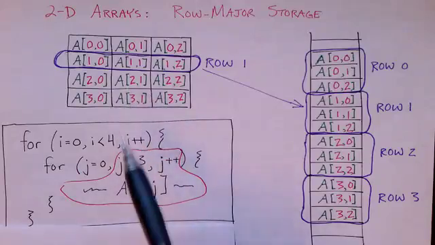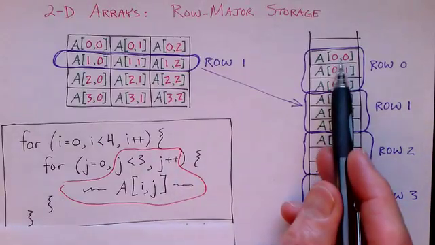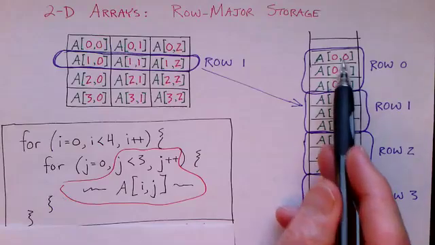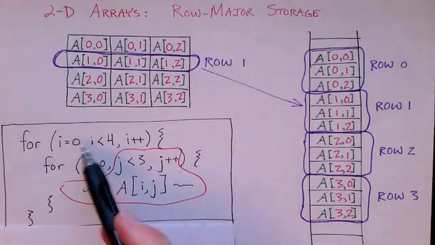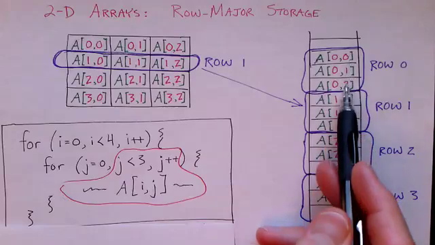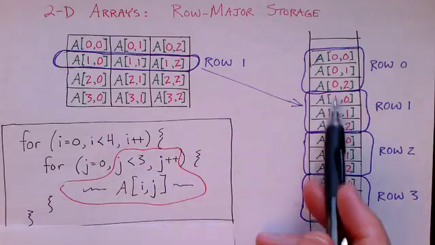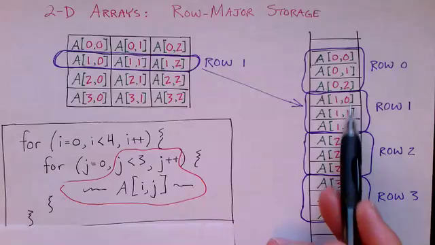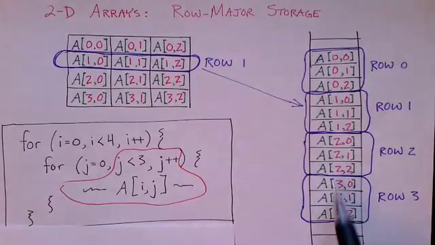So it's going through it in row major order. It will access the data elements in this order: 0,0; 0,1; 0,2. It does the first row. I is the row number. It does all of row 0. For I equals 0, it does all of the J's, 0, 1, and 2. And then it increments I to the next row, and it does row number 1, and it increments j, 0, 1, and 2, and does all of row 1, and then it does row 2, and then row 3.